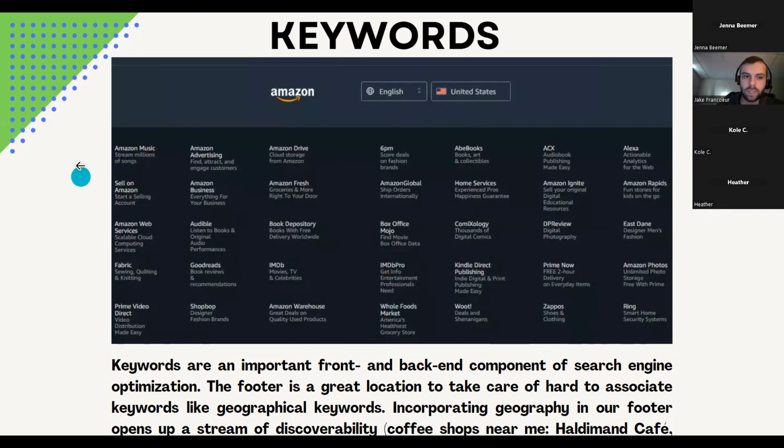So you can see they have theirs set up in a link section. You can actually click these and get redirected to different parts of their website. So they're using these as discoverability links. It counts as SEO and it's good discoverability. But what we would likely use it for is geographical keywords for small business. So things like service locations,